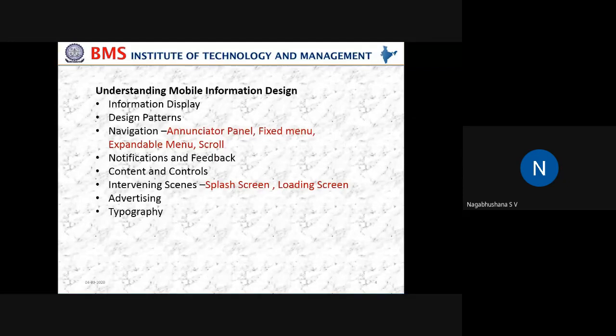Again, if I go to display, I will have home screen, icon frames, LED indicators, and status bar.